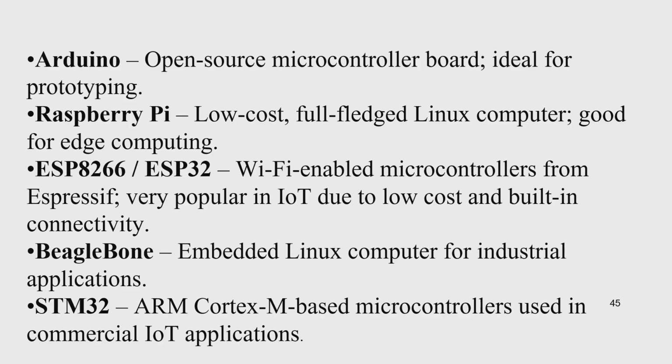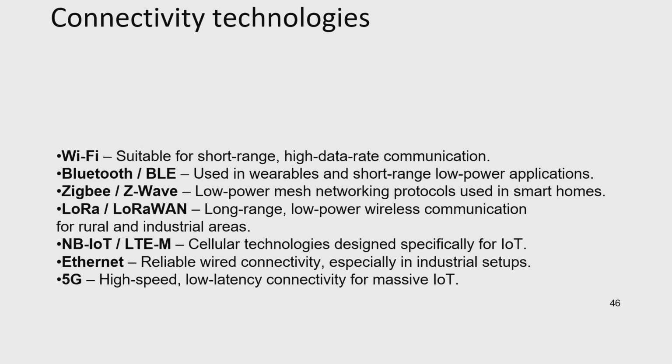That means we have to get the signal and immediately take the decision. So, Raspberry Pi can be used there. Then other types of things are also there. ESP8266 is also there. It is a Wi-Fi enabled microcontroller. Then BeagleBone is there, STM32 is there. New developments are taking place and detailed information can be obtained from the internet nowadays.